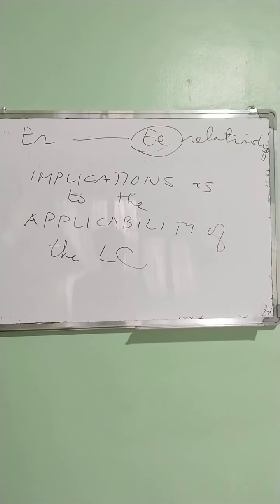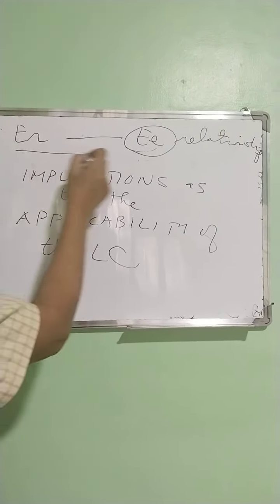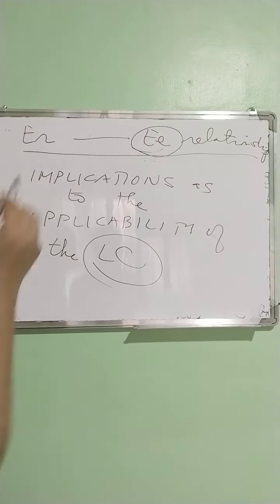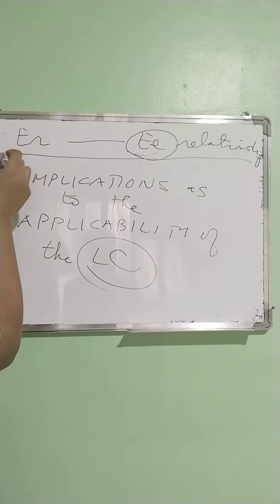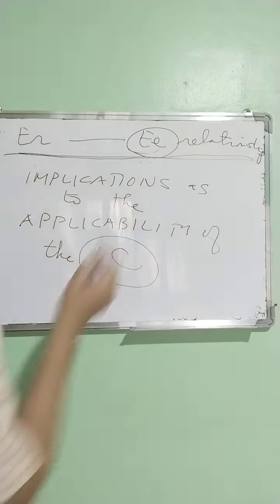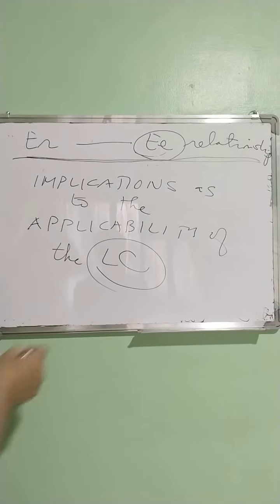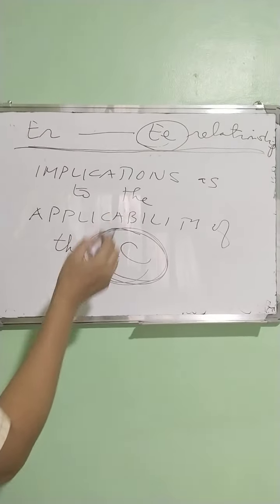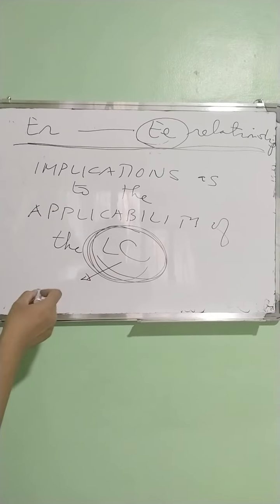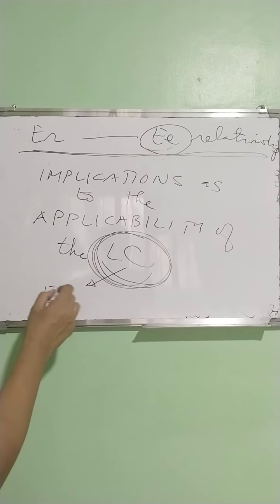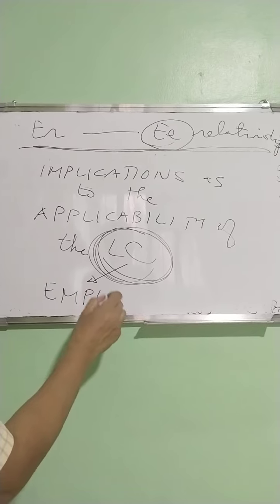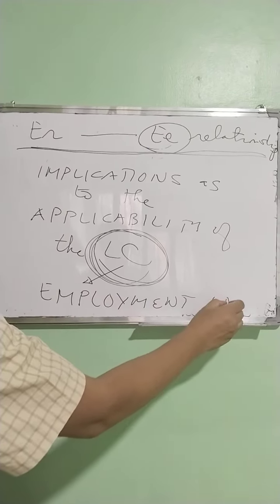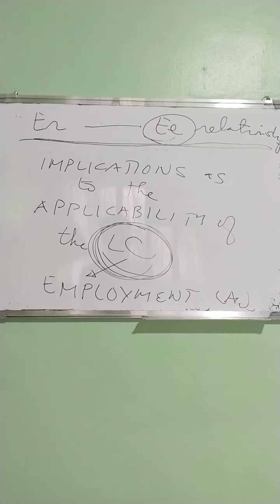Because if it cannot be shown that there is an employer-employee relationship, then this one will not apply. But on the other hand, if it can be shown that there is an employer-employee relationship, then of course it will be covered by the labor code that sets forth what our employment law is all about. So in short,